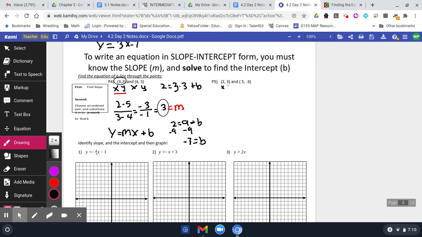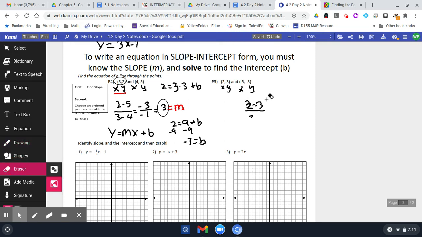We got xy, xy. Okay. So then you got 2 minus negative 3 on the top, which I should see that's going to turn positive. And then we have 3 minus 5, or oops, did I do that wrong? 3 minus negative 3. That's why it's good to color coordinate sometimes. So 3 minus negative 3 on the top, and then 2 minus 5 on the bottom. There we go. So 3 minus negative 3 is 3 plus 3, which is 6,